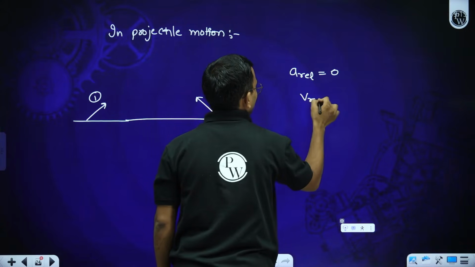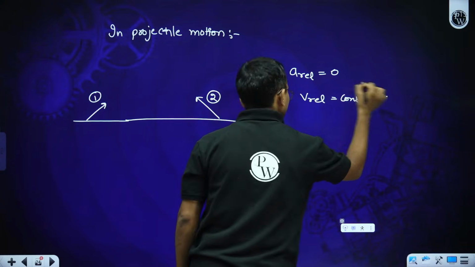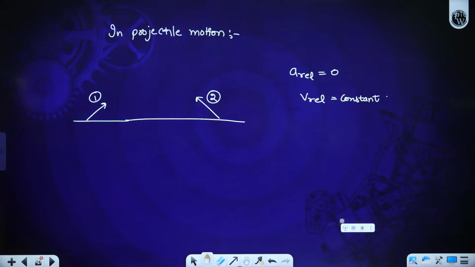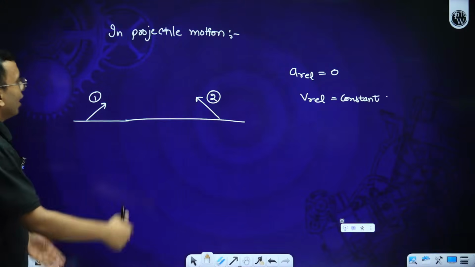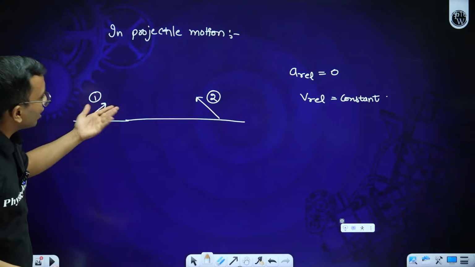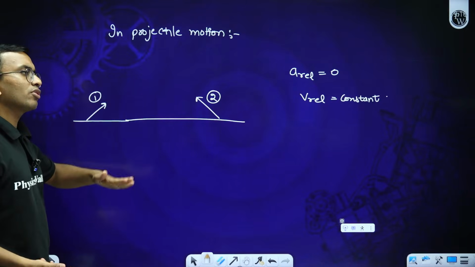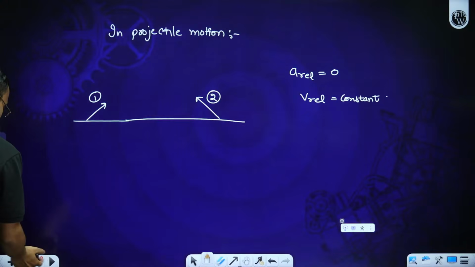V relative will be constant, because acceleration is 0, velocity will be constant. That is the logic. Okay. And if something is asked where the particle will collide, or those things, you can very easily solve that way. Like